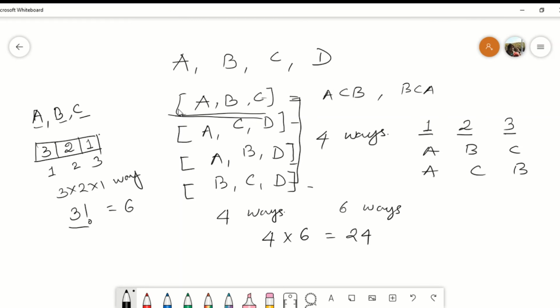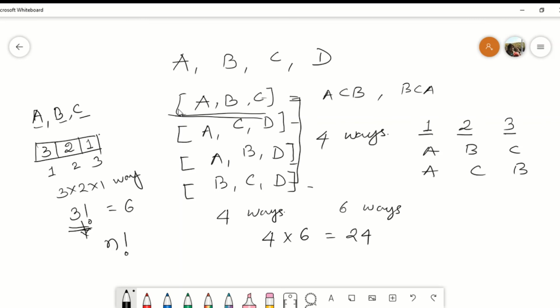Now we saw here that this can also be generalized. So for any n, if we have n distinct items, they can be arranged in n factorial ways among themselves. Since it was a 3 item question, we were able to arrange them in 3 factorial ways. But let's say if I had 5 players and I had to arrange the batting order, I would have 5 factorial ways of arranging them. The important point is that they all have to be distinct, then only this holds true, right?